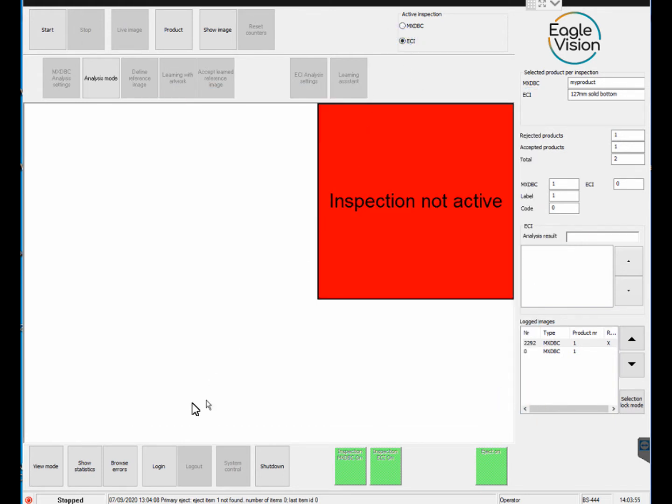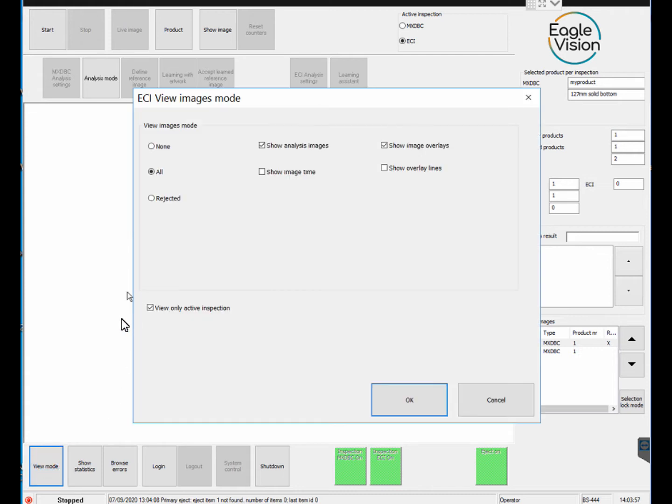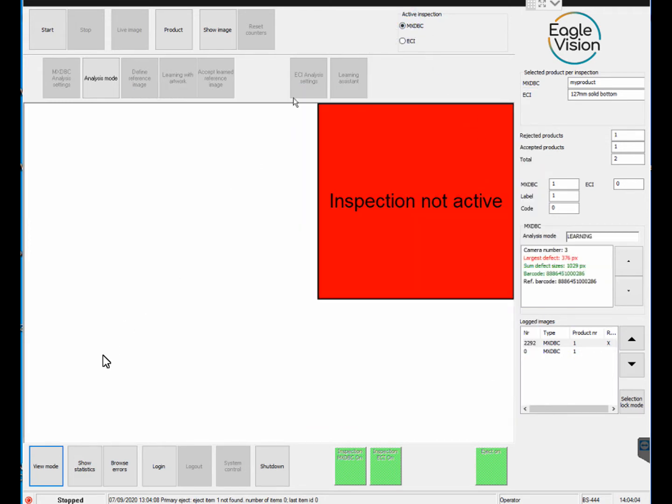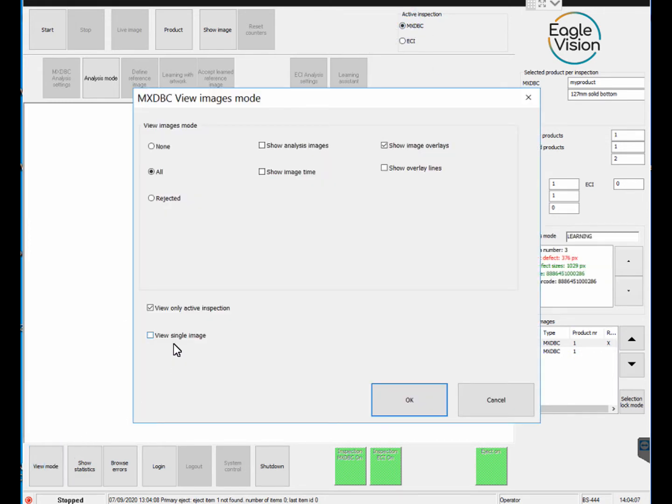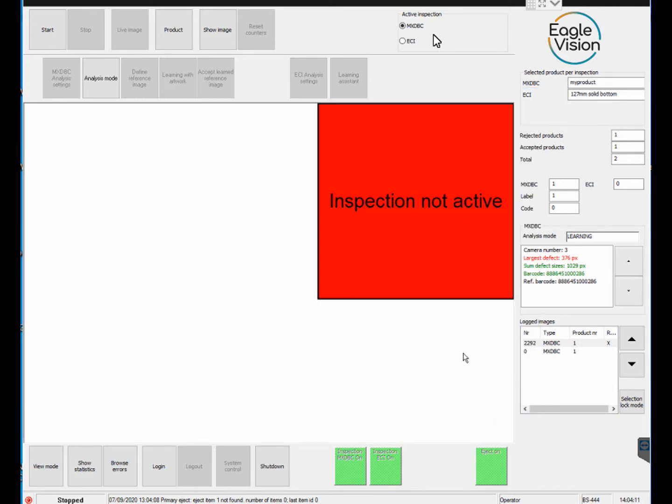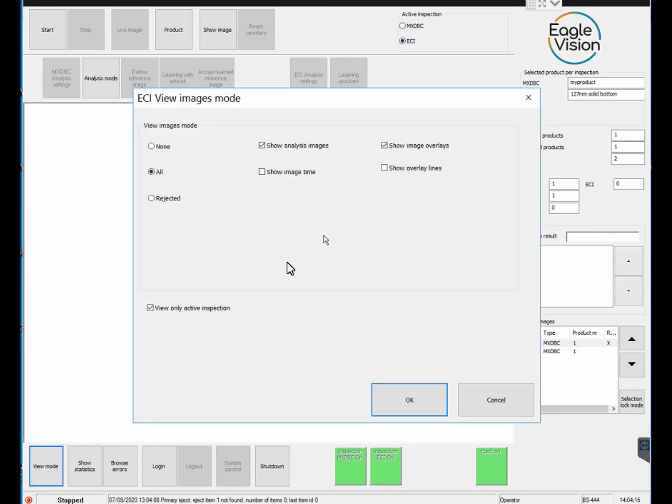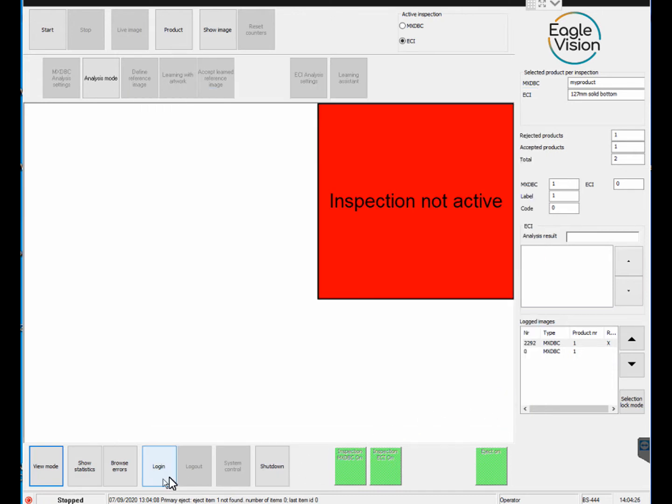Okay, so in this case, for example, you don't see show single image, but because MXDBC has 6 cameras, it has this view single image option here. But ECI means that now it only applies to ECI. So if I would go to login,